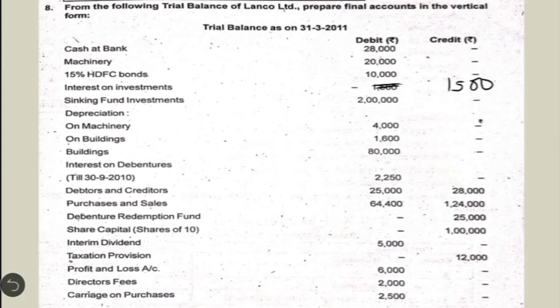So in the trial balance, we find cash at bank, machinery, 15% HDFC bonds, interest on investment, sinking fund investment, depreciation on machinery and buildings, then building, interest on debentures till 30th 9 2010, debtors and creditors, purchases and sales, debenture redemption fund, share capital, shares of rupees 10 each, interim dividend, taxation provision, profit and loss account, directors fees,